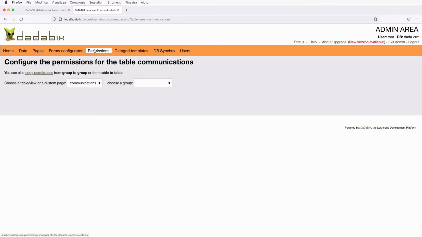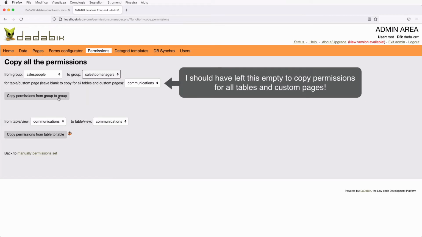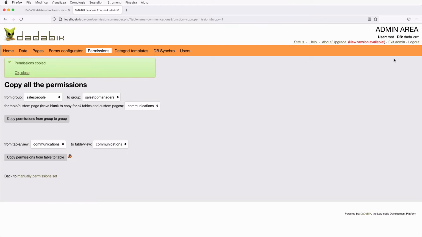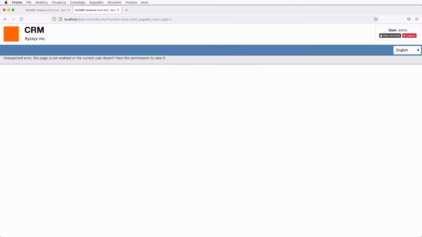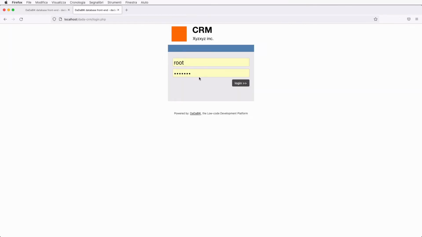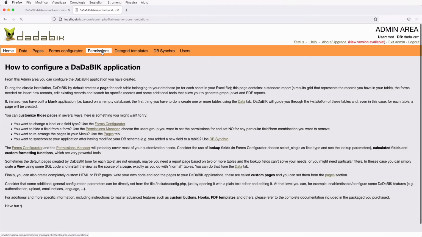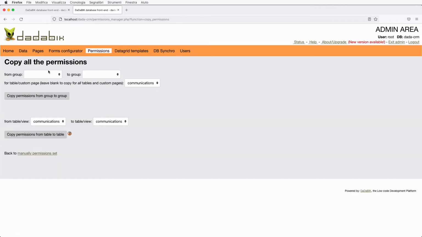So let's copy the permissions from sales managers to sales top managers. Okay, log out. Still error. Okay, I think I know why. Sorry. Basically, I was in a hurry and I didn't copy the permissions correctly.